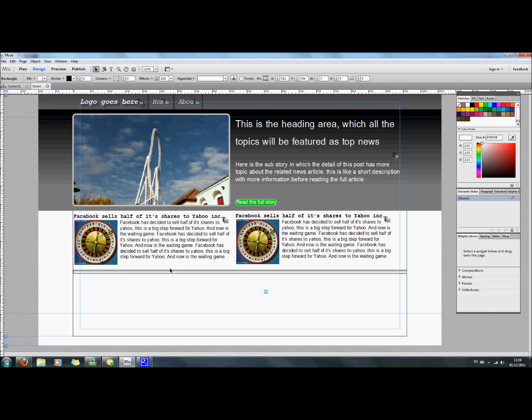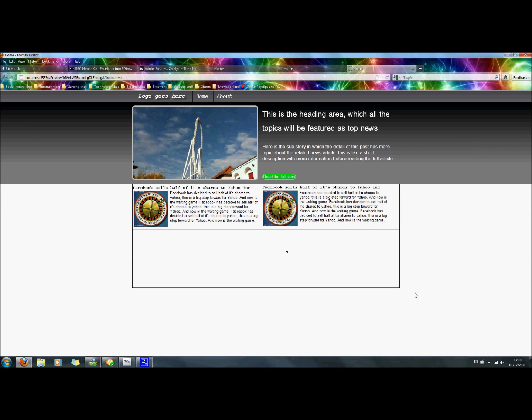And now I need to take the stroke off this, because that's why it's got a black lining around it. And then I'll make this a little bit smaller, because obviously you don't want it to be too big. And then just put that up a little bit more. And the height on that's 4, so I'm going to take it down to 3. Okay, maybe it can go down to 2. Oh, no, 2's way too small. That will do. And then if I go and view this back in the browser, there we go. So as you can see now, we've actually separated all the three stories from